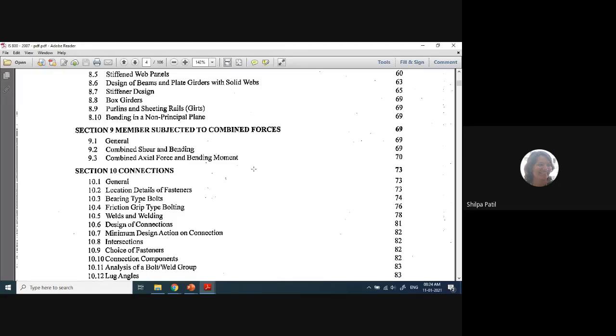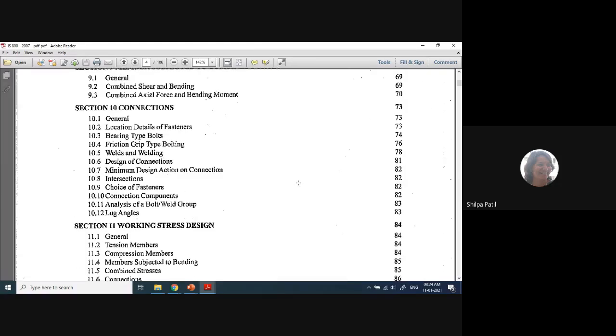If you consider the earlier syllabus, the 2017 pattern, or even the syllabus under SPPU, this is required. You can also learn this at the time of the design of an industrial shed, where I will show you how this is important. So all the sections from section 1 to section 10 are important, and you will need to read all the pages up to section 10 of IS 800.